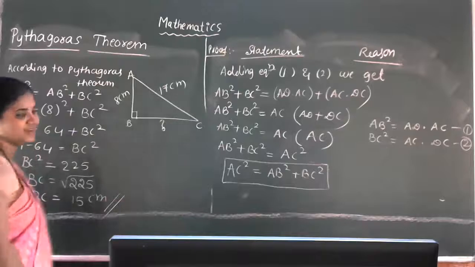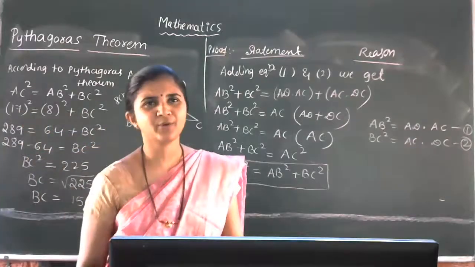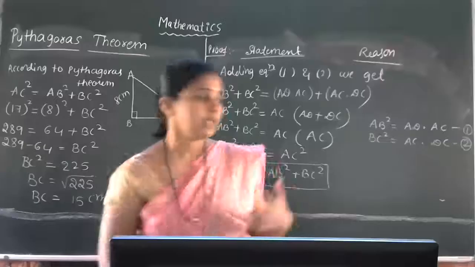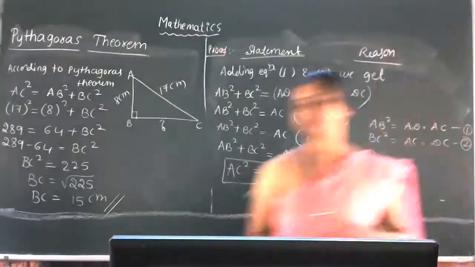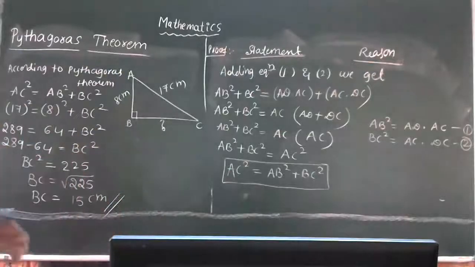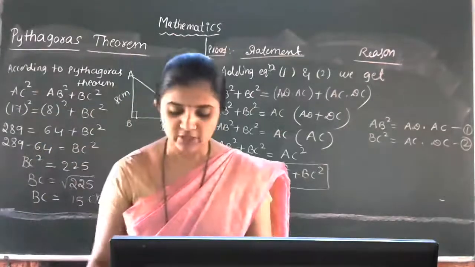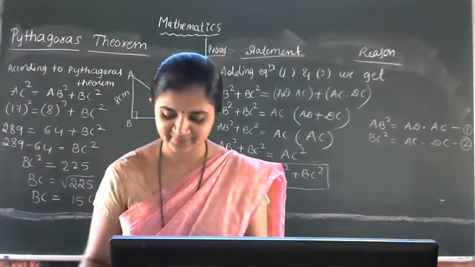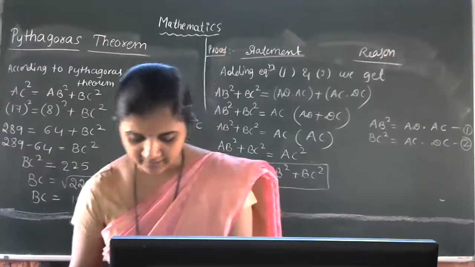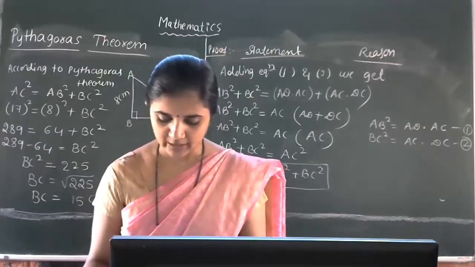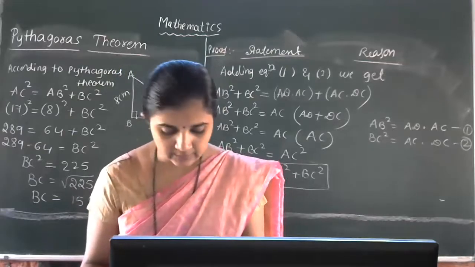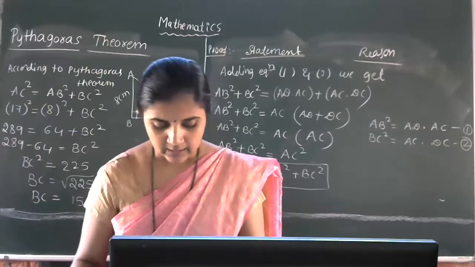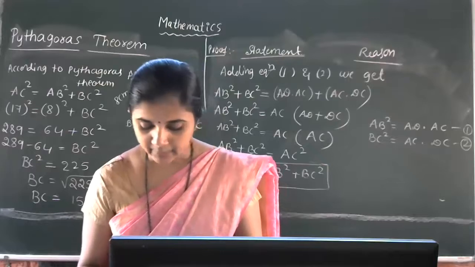What you should not do there is use the word hypotenuse. To use the word hypotenuse, it must be a right angle triangle, right? In a right angle triangle, the side opposite to the 90 degree angle is called the hypotenuse. But in the converse of Pythagoras theorem, that is actually the proof. We have to prove that this is a right angle triangle. So in any triangle, if the square of any one side is equal to the sum of the squares of the other two sides, then the triangle is a right angled triangle.